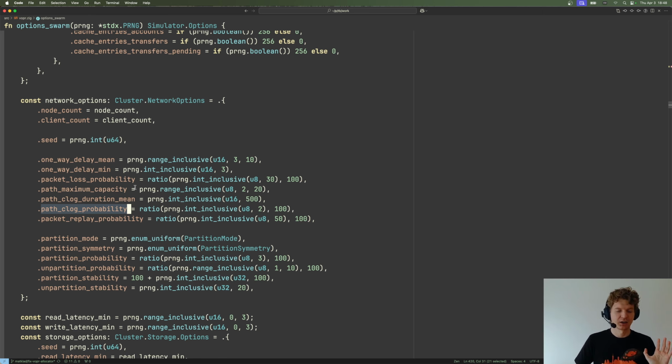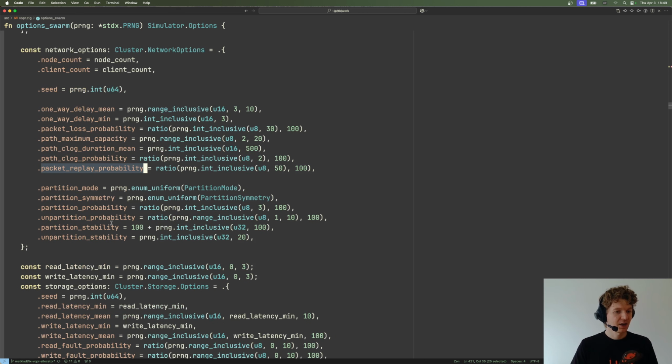So to simulate a clog, you need to say how long the connection is going to be occupied, and also you need to say what is the probability that the connection flips from being clogged to not being clogged. Okay, then the network can duplicate messages with some probability, and finally